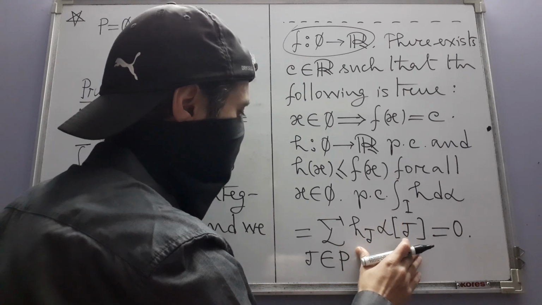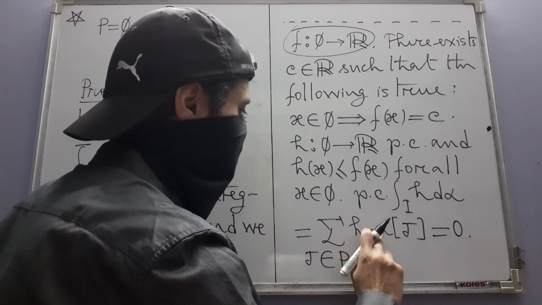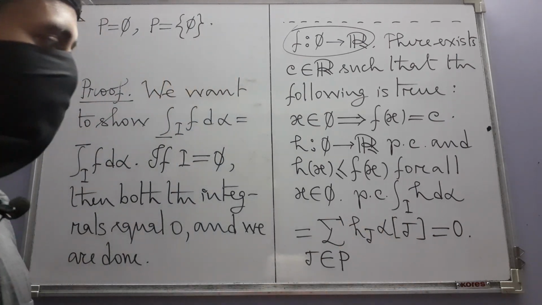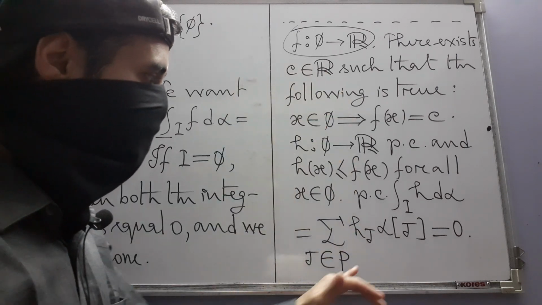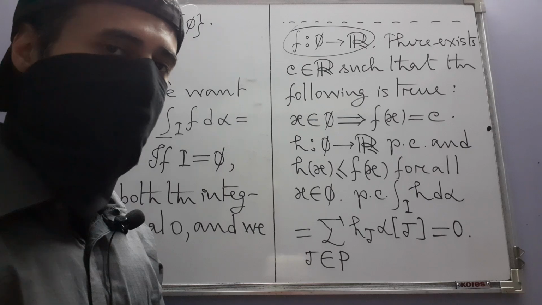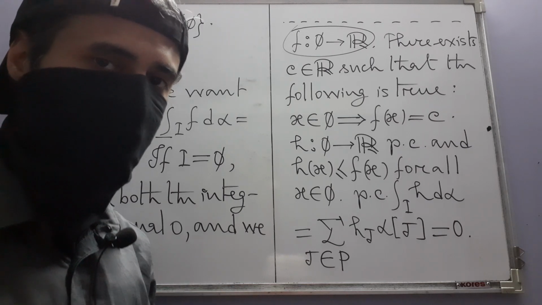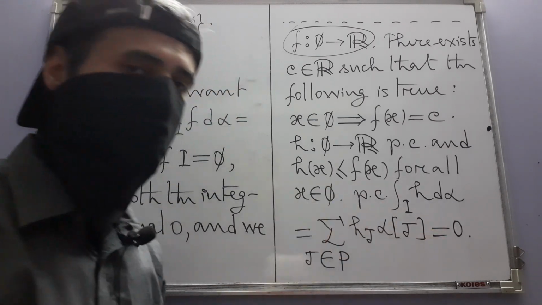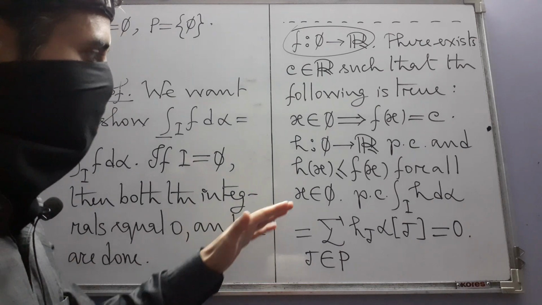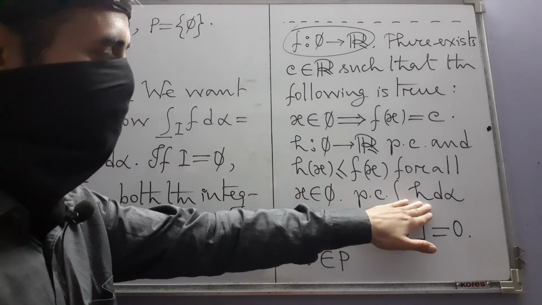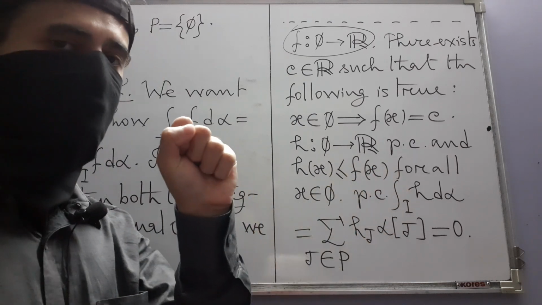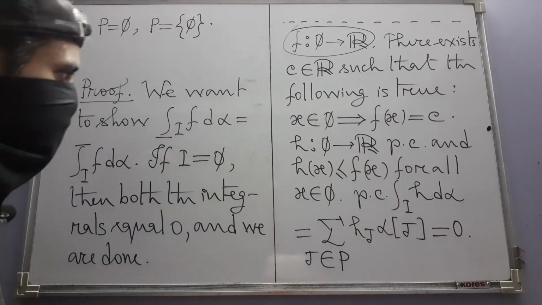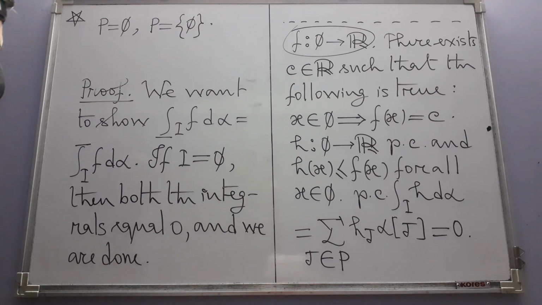So there is only one term, which is H of the empty set times alpha of the empty set. We don't really know what H of the empty set is. In fact, it can be any C. But alpha of the empty set, by definition of alpha length, is 0. So in that case also this is 0. So no matter what PC function you consider which minorizes f, its PC integral is 0. And so by definition of this lower Riemann-Stieltjes integral,